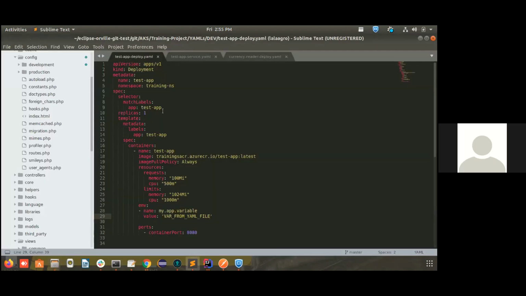If we go inside the deployment descriptor, this is how a deployment file looks. This is analogous to your Docker Compose, where you mention your image, the Docker file, and the environment variables. This deployment descriptor is somewhat similar to your Docker Compose.